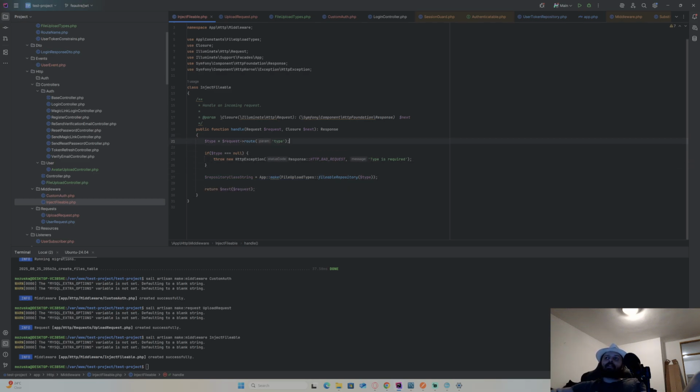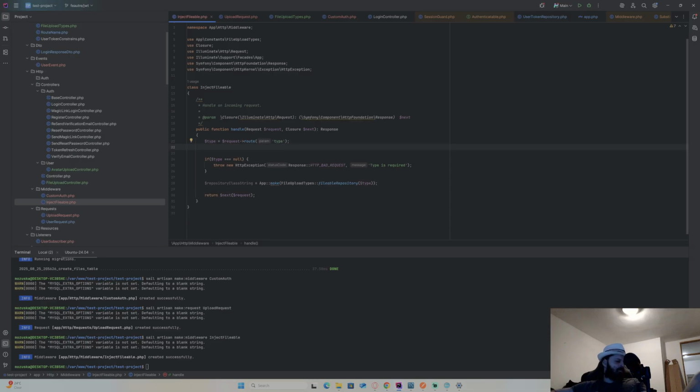And now I have type, and I will also have owner ID here. So owner ID. I didn't put it yet, but I'll put it into parameters. Owner ID equals request route owner ID. Like this. I put it in parameters, and now make file, and now owner ID is going to be an integer.